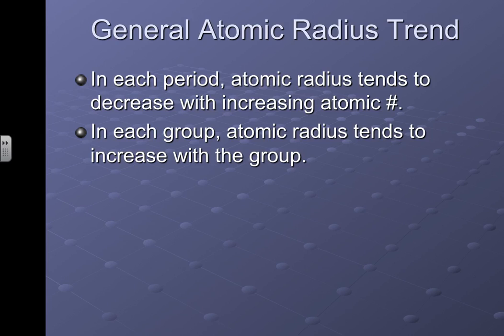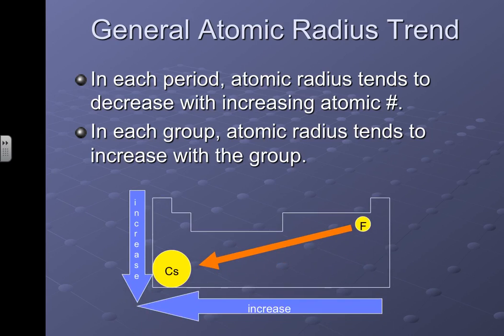But generally, what I like to do is show you a periodic table and then give you one trend line. In textbooks, they generally give you 2 trend lines. They'll give you one going up and down and one going side to side, and sometimes they're just kind of confusing to look at. So I found that the easiest way to do it is just one trend line. So if you take a look at the whole periodic table, fluorine,